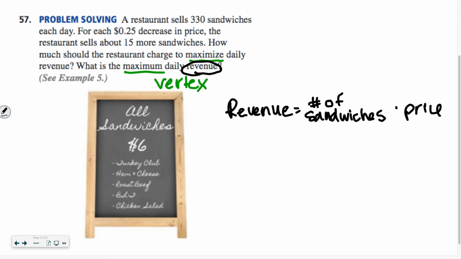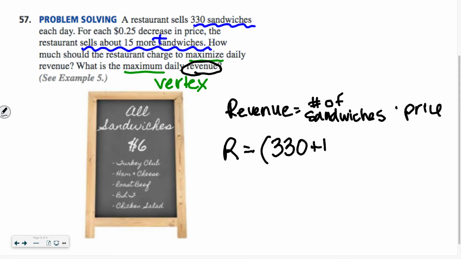Okay, so let's talk about numbers of sandwiches. What do you know about numbers of sandwiches in this problem? 330 is what you normally sell, plus 15. And if we lower our price, we're going to sell 15 more, which is a plus, right? Okay. Now, I'm going to say R equals for revenue. Okay, so we're going to do